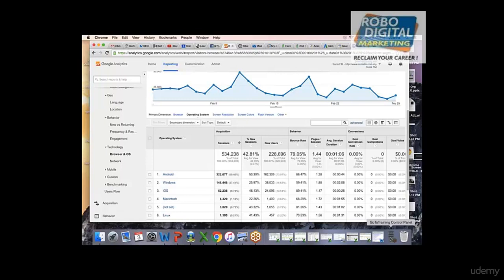Yes. So we can see your reason might be the correct one. If you look at this, you might be right that Android devices and iOS are not performing well.